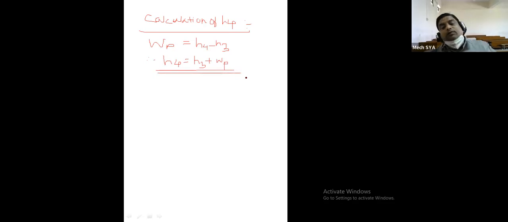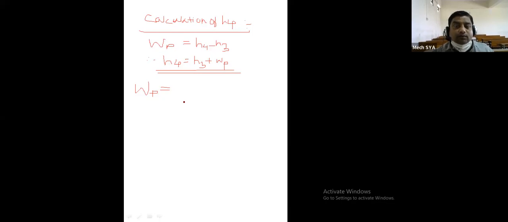Okay, so this equation is there, and W pump is equal to what? One formula we can use to calculate it is VDP. Volume remains constant because water is an incompressible fluid, and only the pressure is increasing. There are two types of work. One is PDV work, where the pressure remains constant and volume is increasing. And one where the volume remains constant and pressure is changing. So it is called VDP work. And all liquids have very small specific volumes.